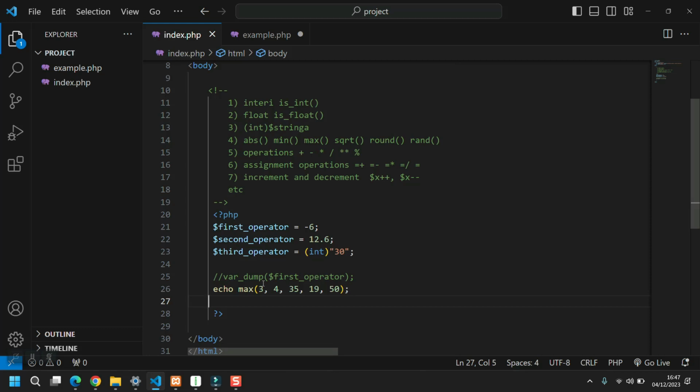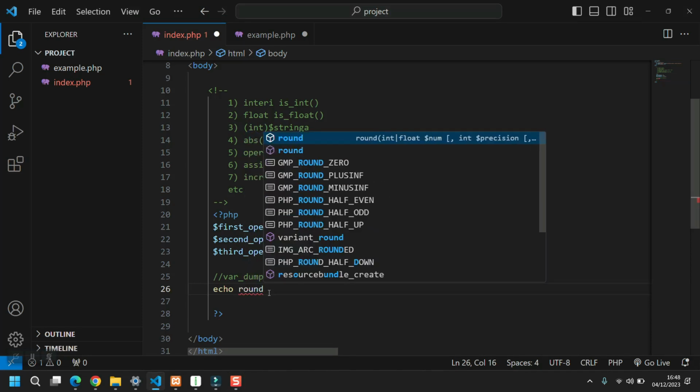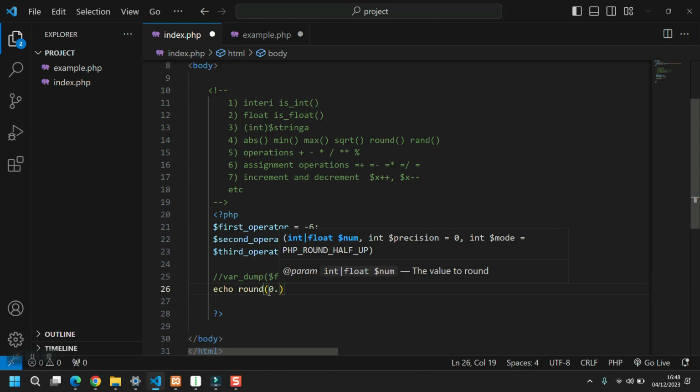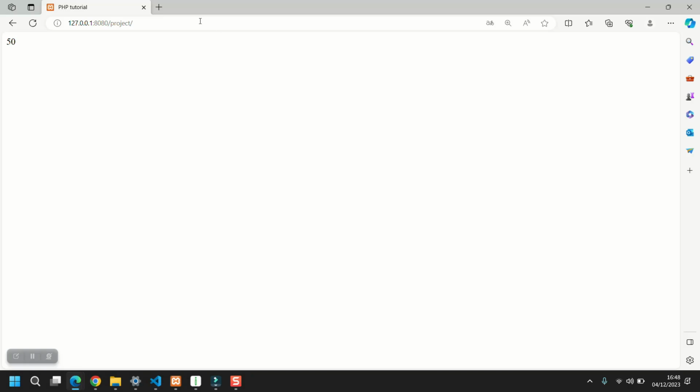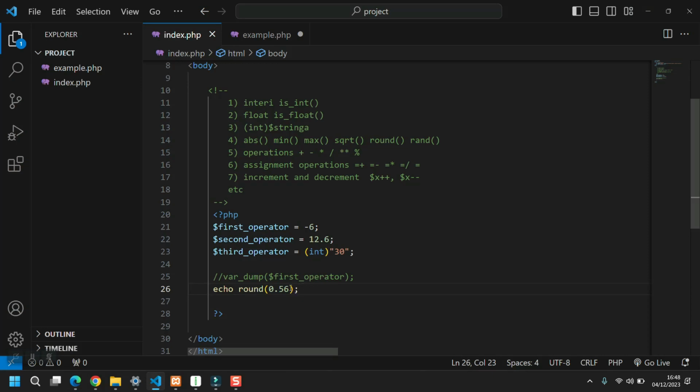Okay, round. Let's round. It rounds a number to its first integer. So echo round 0.56. Save. And of course it is 1. If you round 0.46,